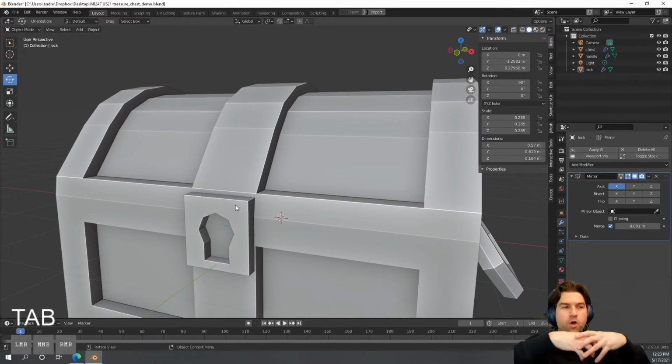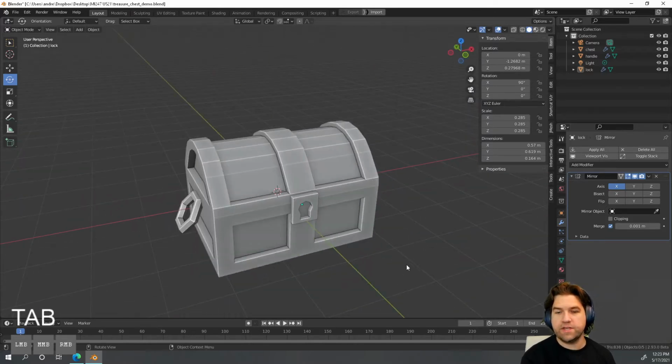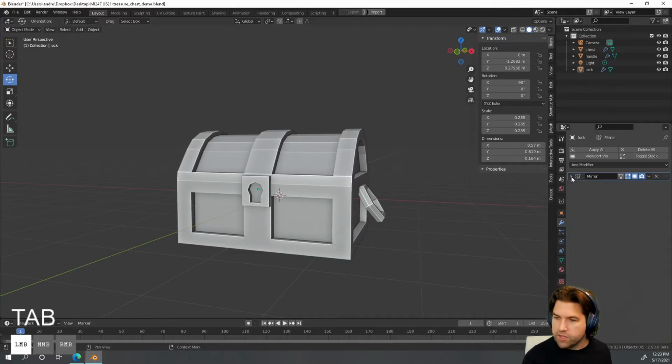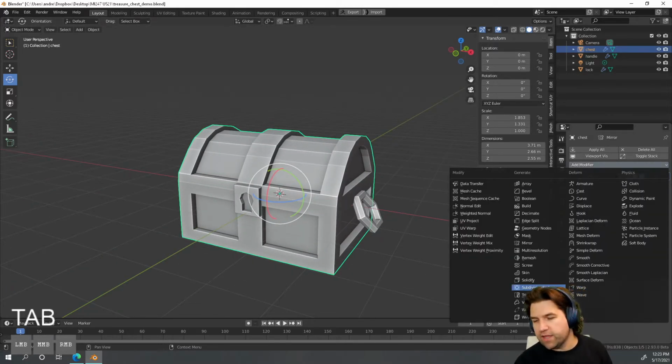But I want to give it an overall shape. I want to shape it into something much more robust. And there's a bunch of ways we can do this, and I'm going to show you how we can affect the entire shape of the model, and then we're going to add some smaller details to draw interest to certain areas. So in our modifier panel, I've shown you a lot of these like solidify and mirror, but one of